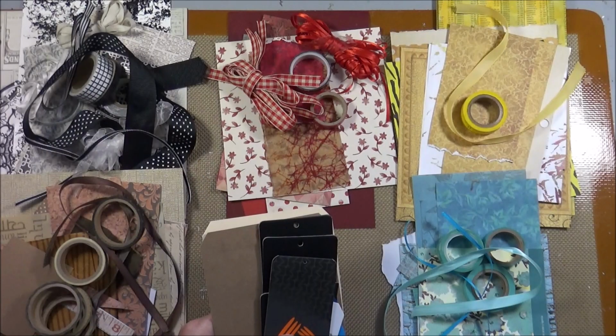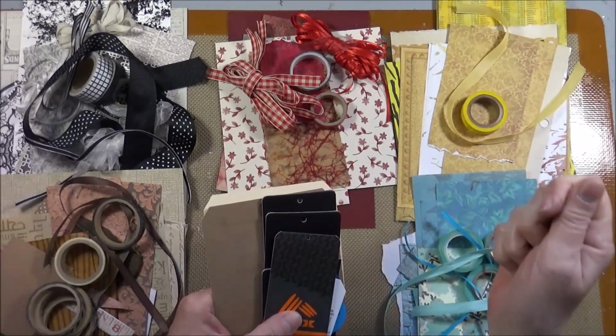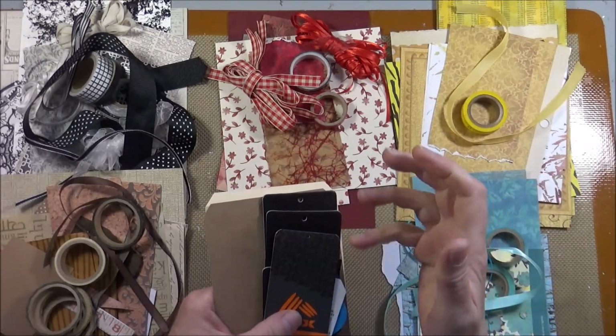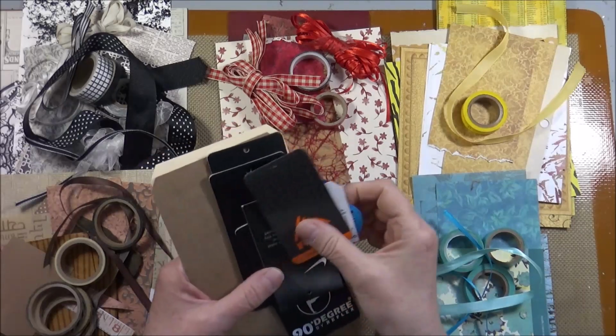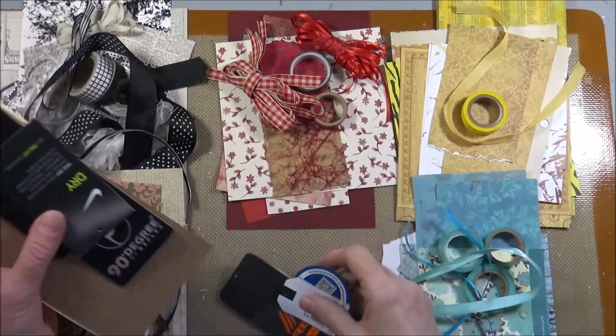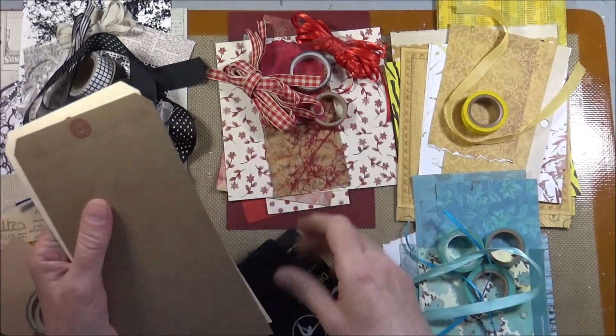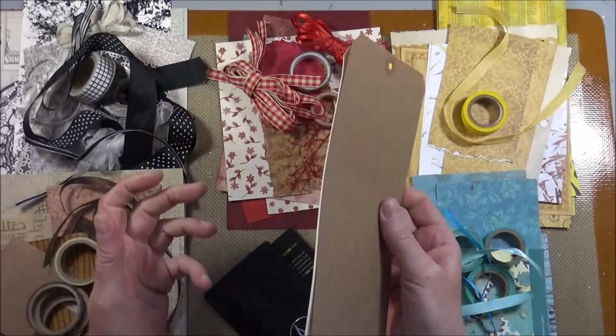So today I will be working on my March challenge tag. I will also show a lineup of all the pictures you sent my way, and I will give you the April challenge. So here I have different clothes tags, I have craft tags, and I made piles coordinated by colors